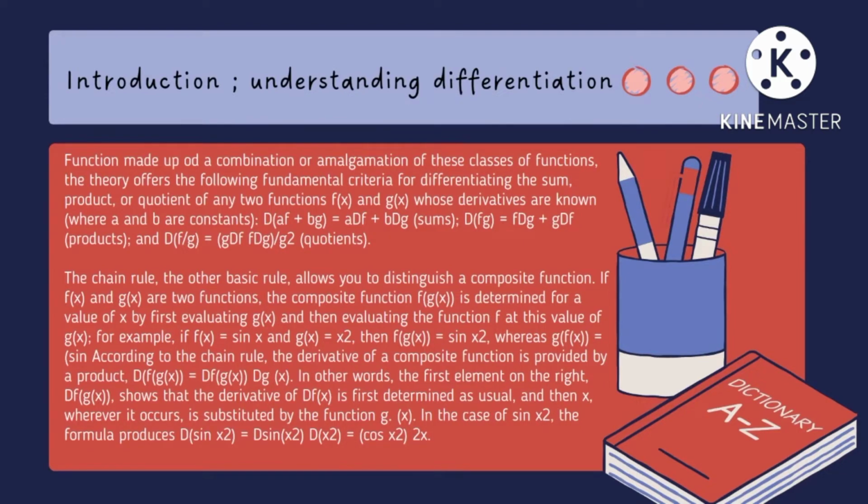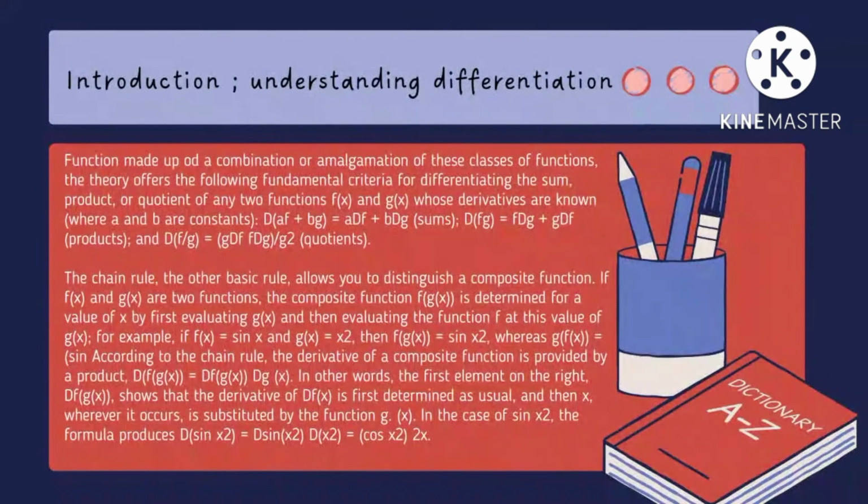The chain rule, the other basic rule of course, allows you to distinguish a composite function if f(x) and g(x) are two functions. A composite function, f(g(x)), is determined for a value of x by first evaluating g(x) and then evaluating the function f at this value of g(x). For example, if f(x) equals sin x and g(x) equals x squared, then f(g(x)) equals sin x squared,